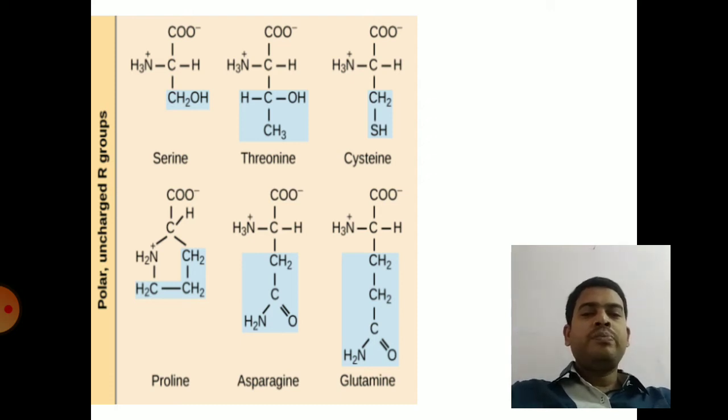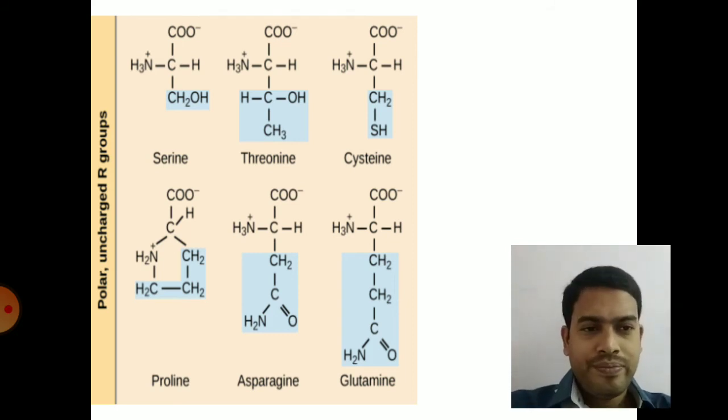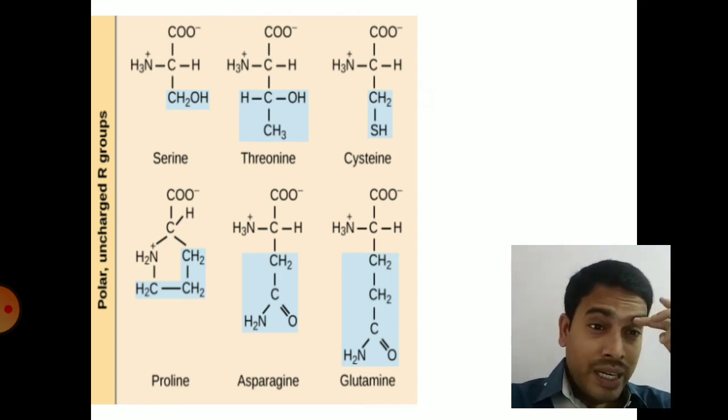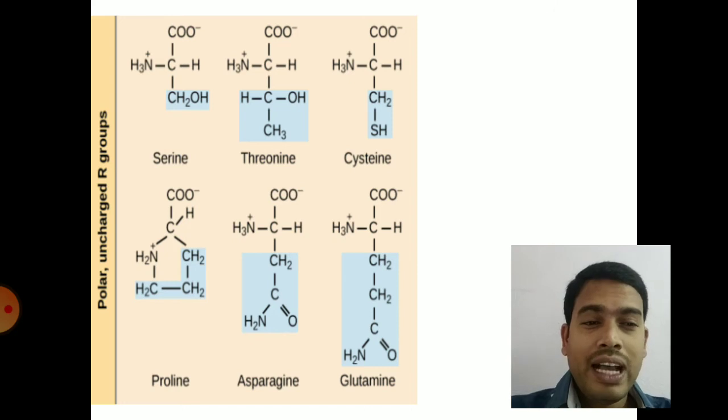So the next one is proline. If you see the structure of proline, there is a ring structure called the pyrrolidine ring. Proline does not satisfy the general structure of an amino acid. You can clearly see it does not have a free amino group, and the central carbon atom is absent. Instead you can see a ring structure called the pyrrolidine ring. Hence it is still called an amino acid. It is an amino acid.